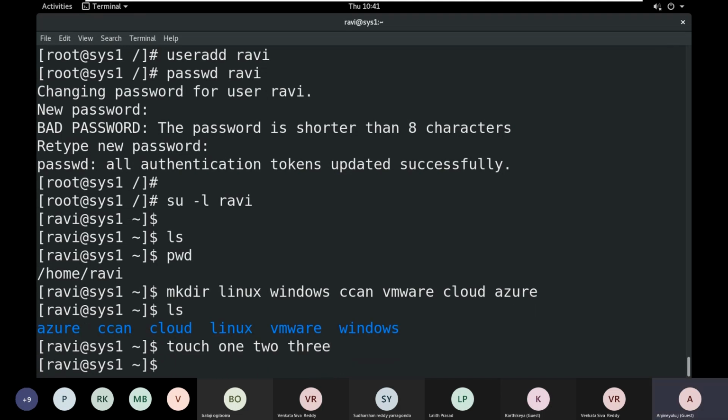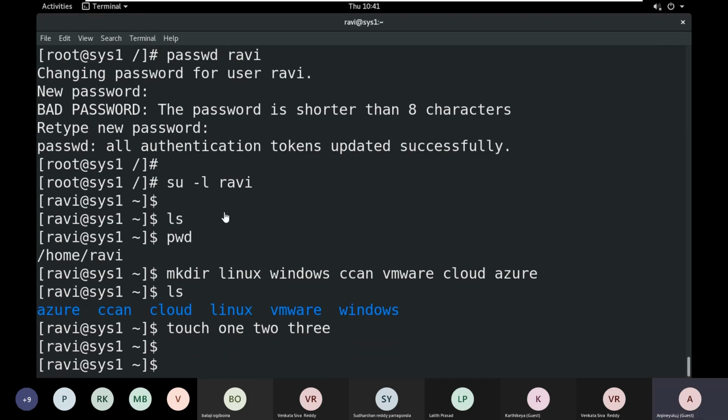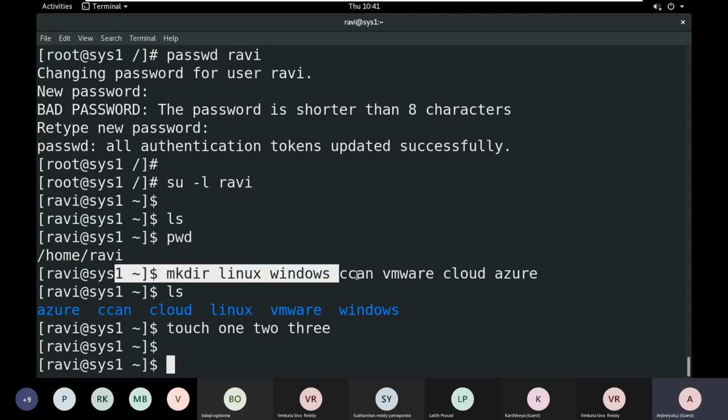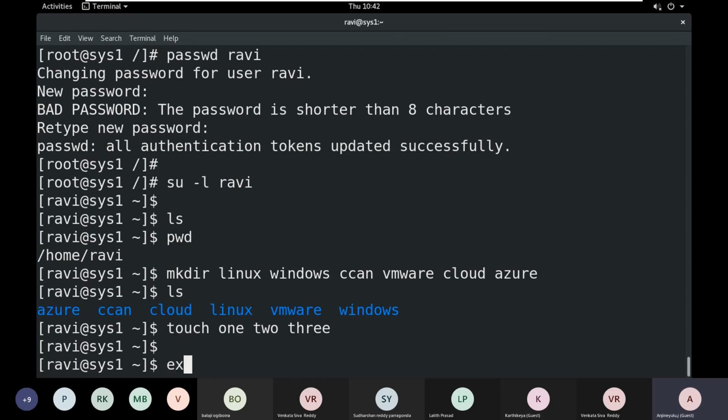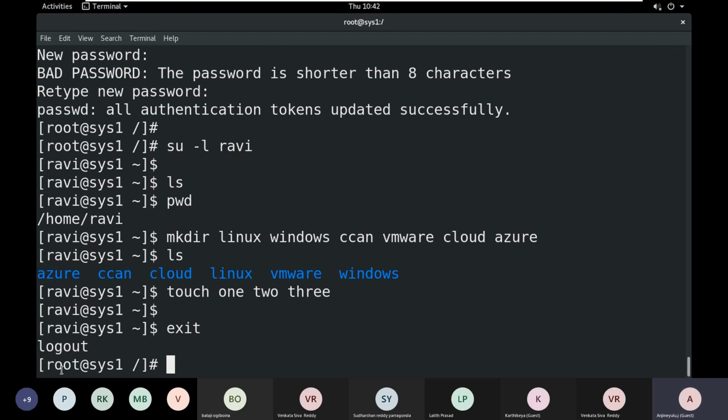I am lagging with the Ravi user, but I created some directories and files. Now I exit from the Ravi user by using the exit command, so now I'm in the root user.